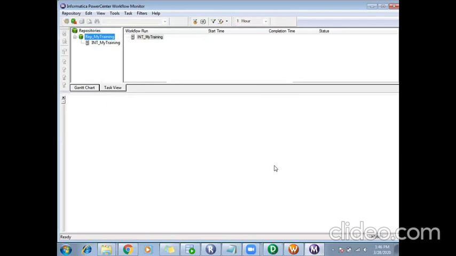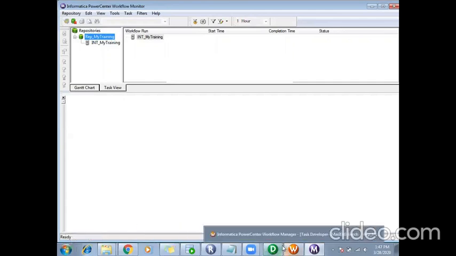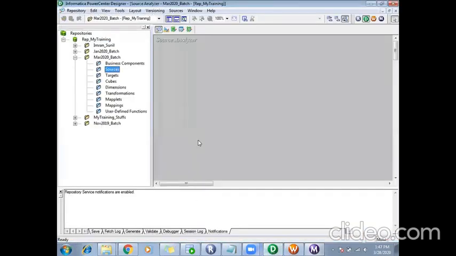Repository manager is used to maintain the objects. Designer is where you do your actual coding. Workflow manager is where you run your code, and monitor is to check the status of your workflow, whether it completed or failed, and to check the logs and all those things. With this basic understanding, we can right away start coding something.